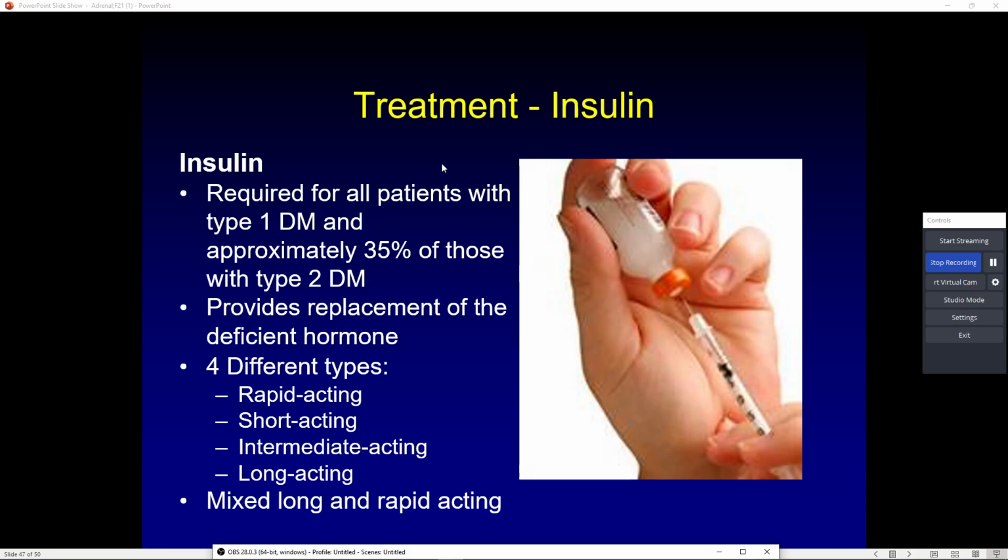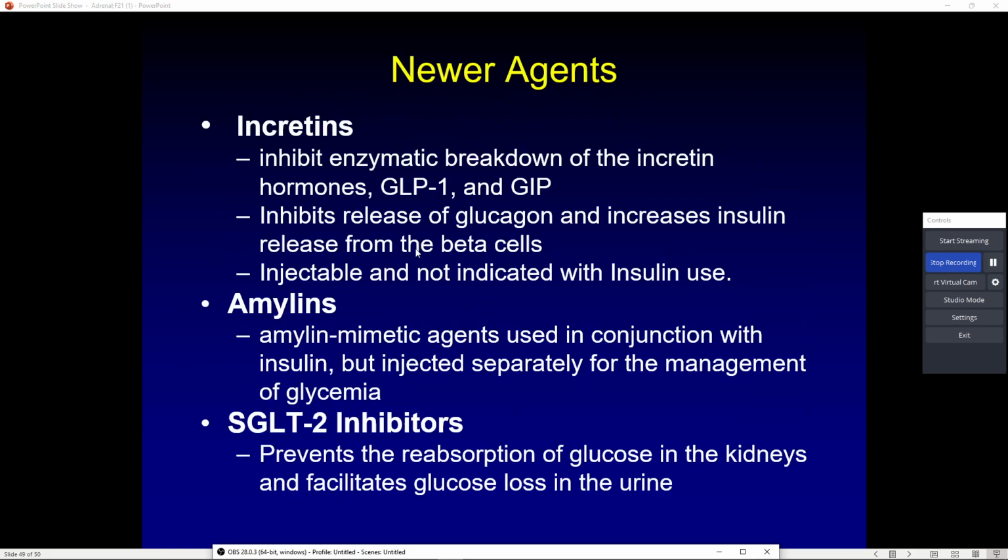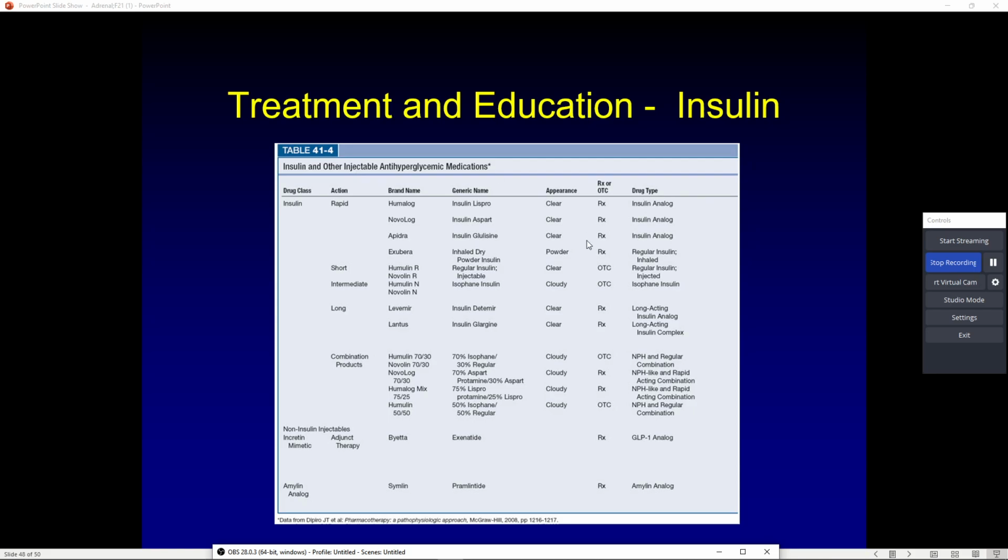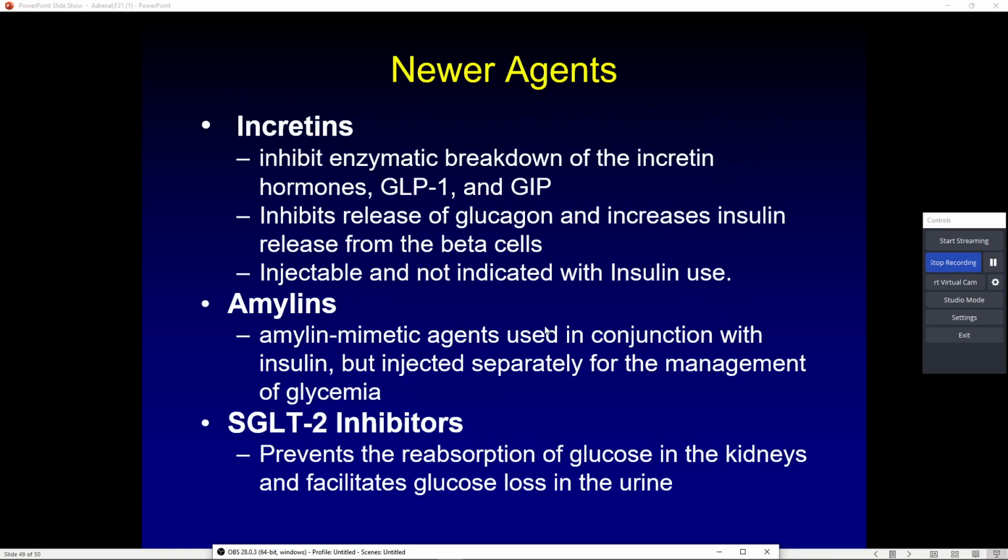No, I'm not going over the half-life. No, I'm not going over onset. No, I'm not going after duration. These are things you should already know. Okay, and for those of you that can't remember, here's a helpful list.